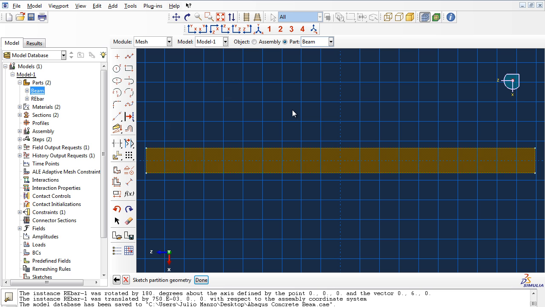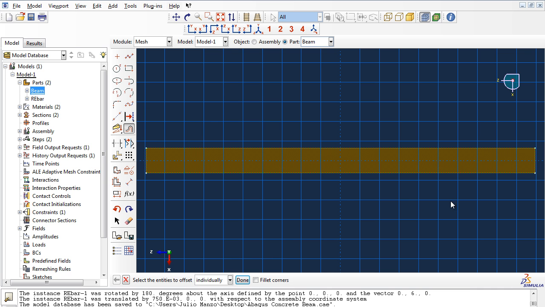The load points are 22 inches apart from the center line, which will be this line here. So we only need to create a partition 11 inches or units from this left edge, and we'll apply the displacement here in the negative y direction. There are many ways of doing that. The easiest one is to use the offset command. So click on offset curves,